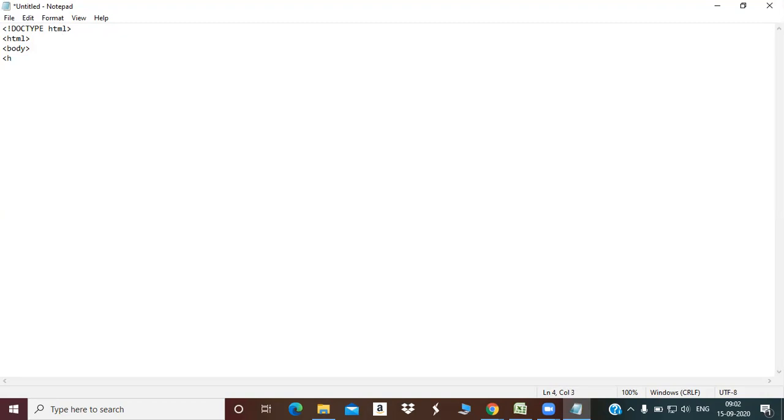Suppose we have any heading 1, heading 2, heading 3, anything, and we need to put some style in this heading. So we will use the attribute style equals to, and if we need to add some color, we need to use color, a colon, and the name of the color we want to implement.